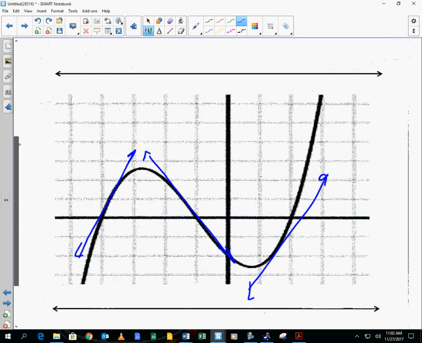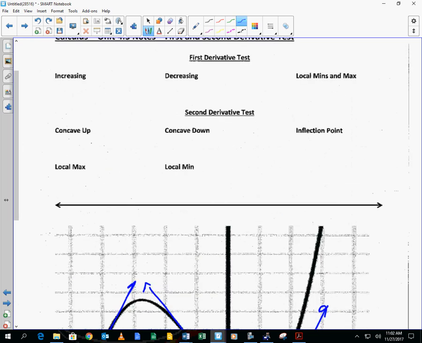Very good. So therefore, we use a derivative test. When we find out that f prime of x is greater than 0, when it's positive, the function is increasing. Decreasing when f prime of x is